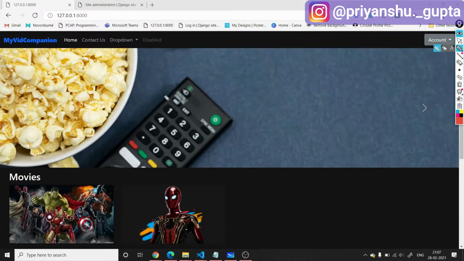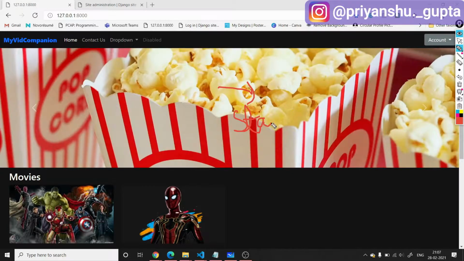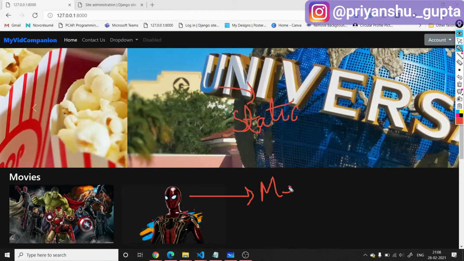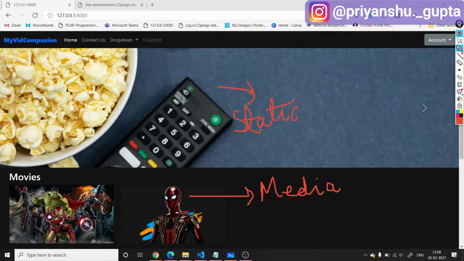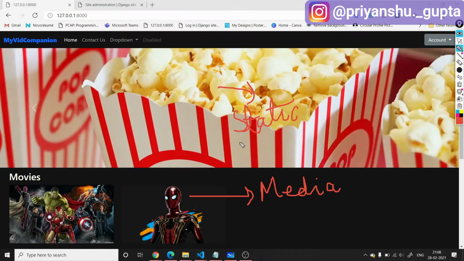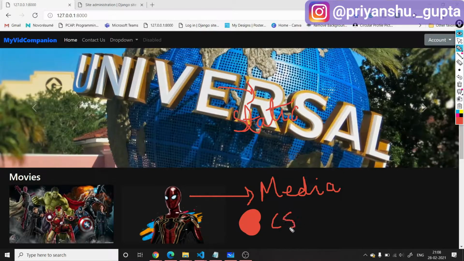So this is a static file and these are media files. And the CSS that you can see on this web page, like this black color, the padding and this margin and all the stuff, this coloring, all this stuff is handled in the static file. So this CSS is also static.